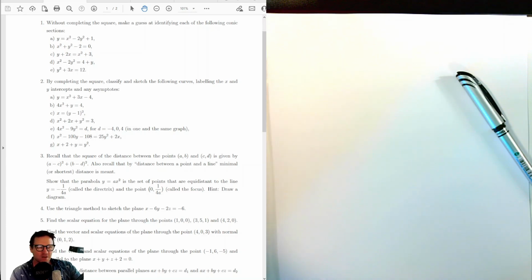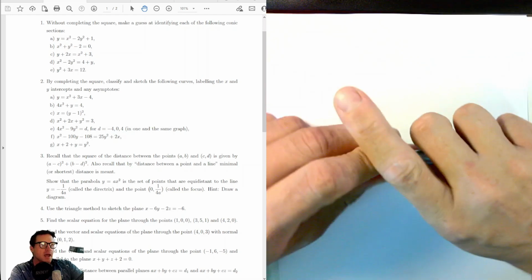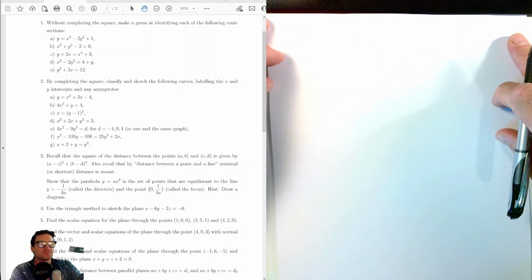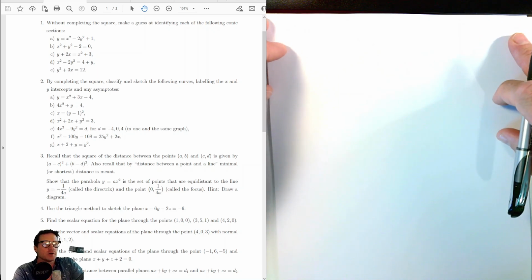Welcome! I'm going to do some problems here after the lecture content that I think will be really useful for you because it's what I would call geometric thinking in 3D. Now, first question, without completing the square, make a guess at identifying each of the following conic